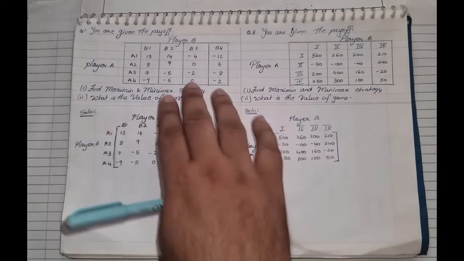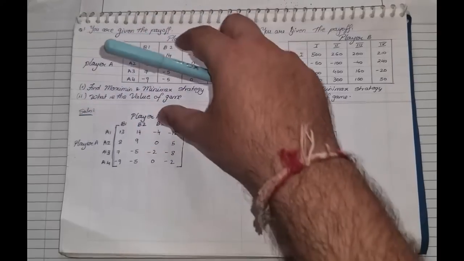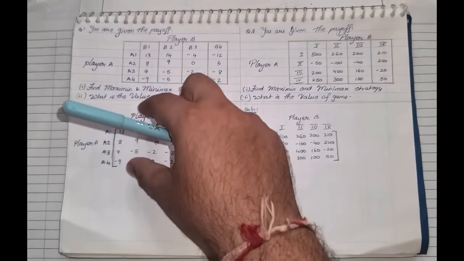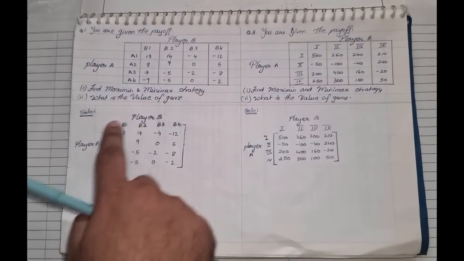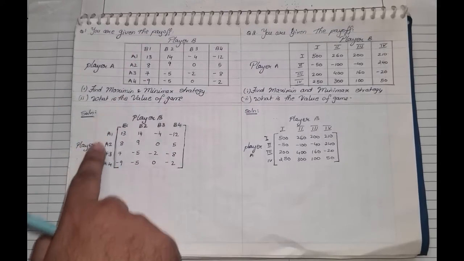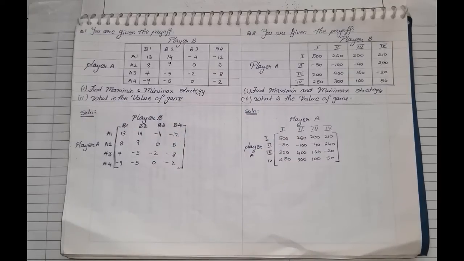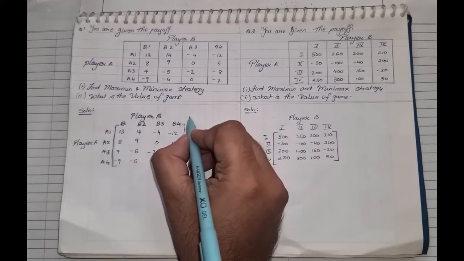Whenever such a question is given, in our solution you need to make a similar table, the one which I have shown here. So we'll have to write player A, player B, all the alternatives of B, all the alternatives of A, and all the values which have been given in the question. That's the first step. Now, in order to start the sum, the very first thing you need to do is, on the right side, we'll have to write